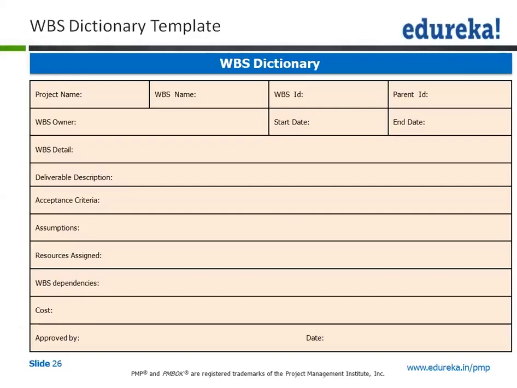and one more item to remember: the template being shared with you on the WBS dictionary is a template which you are starting up. You will start using that in the create WBS exercise, but it does not mean that you will be able to fulfill all the columns of the WBS dictionary here.